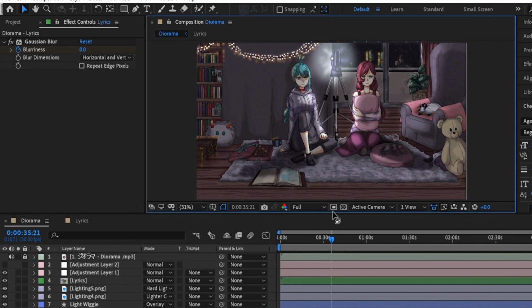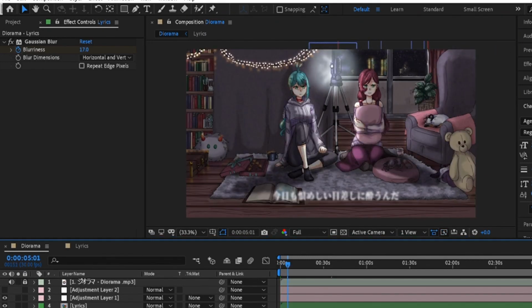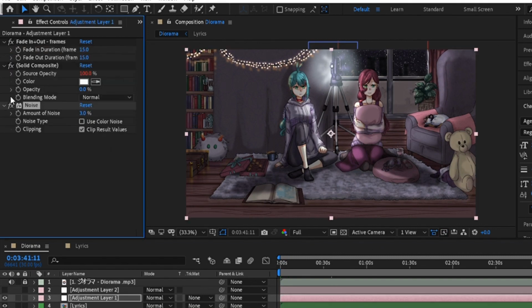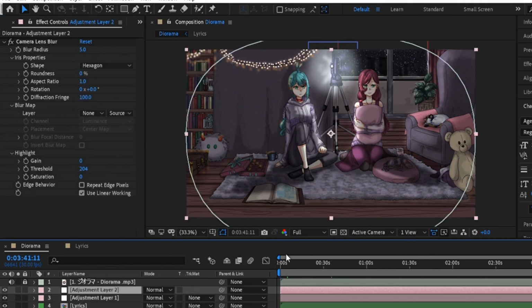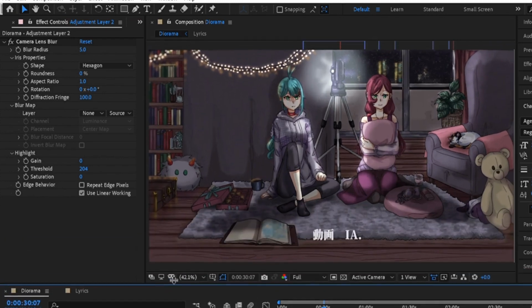And in this case, what I added was a little fade in and out at the beginning of the song and at the ending of the song. Some noise to give it a little bit of an old movie vibe that is so slight that you might not even realize it, but it's there. And a little bit of a lens blur to give a sensation of the camera focusing on us. Well, you know, the edges of the image are a little blurred.